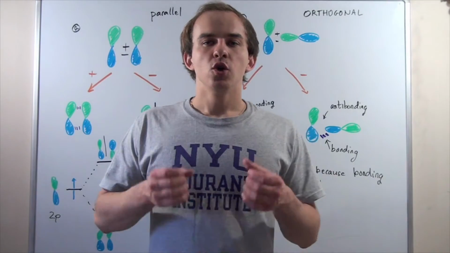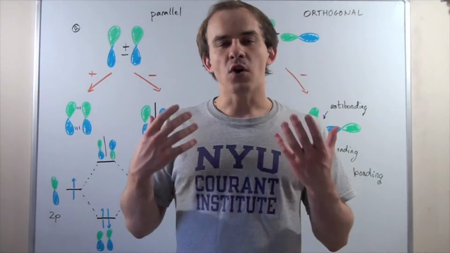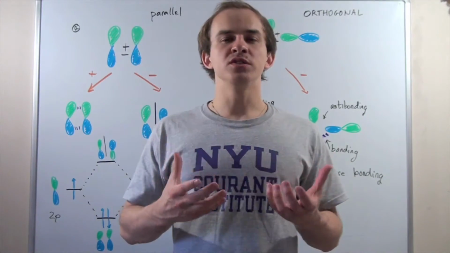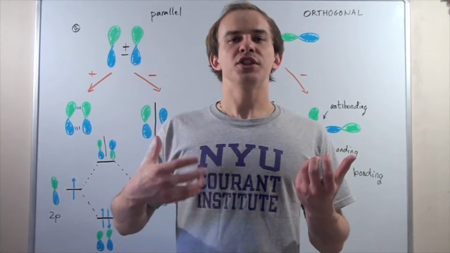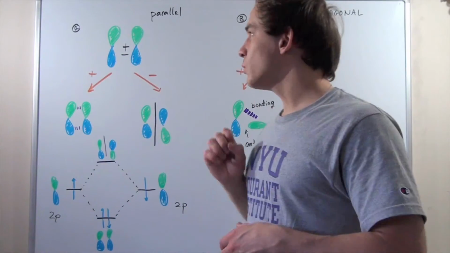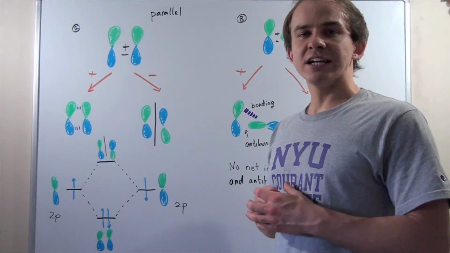So thus far, we have combined a 1s orbital and a 1s orbital. And we've also combined a 1s with a 2p. In this lecture, we're going to combine a 2p with a 2p to form molecular orbitals. Now the first thing we have to realize is that there are at least two different ways that we can